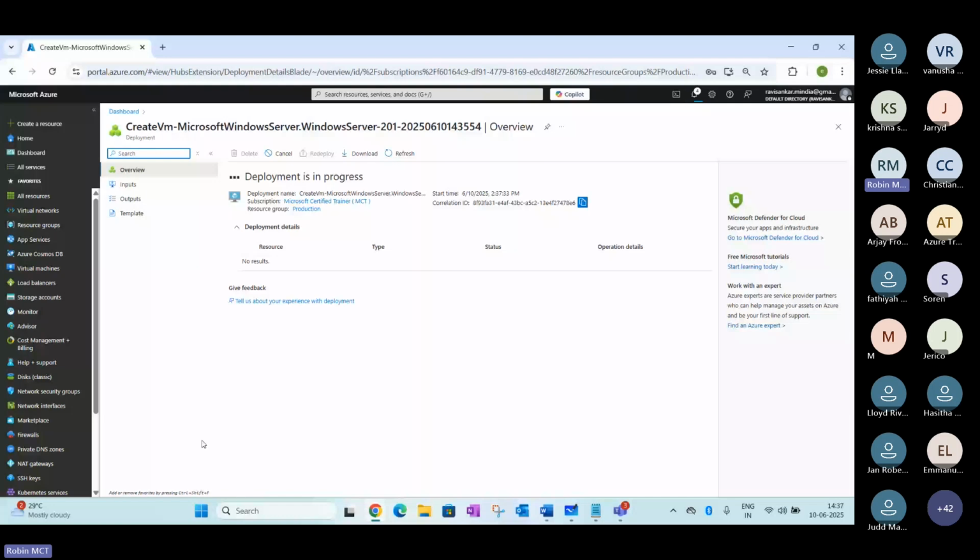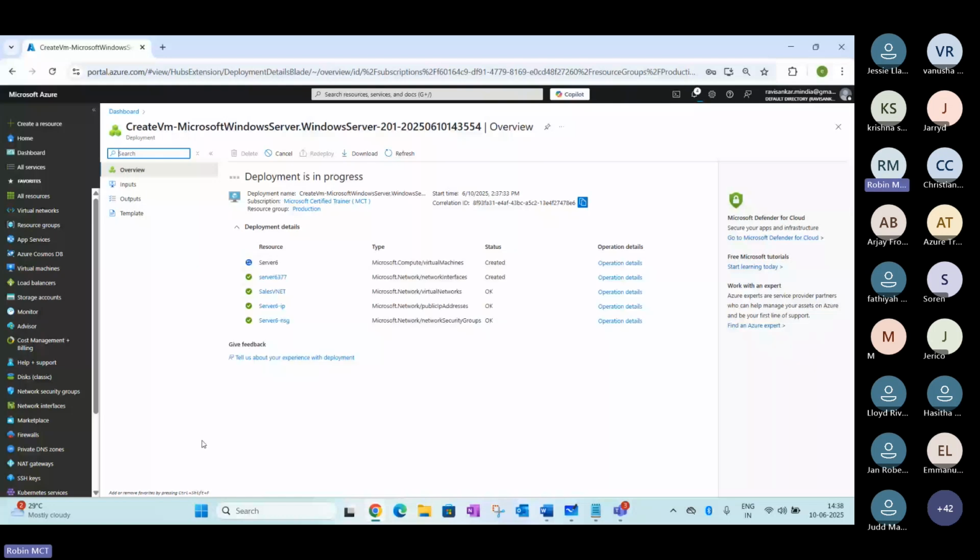We are trying to simulate what will happen if you have VNets configured between different regions. Let's go and see that. You can see the creation is in progress.